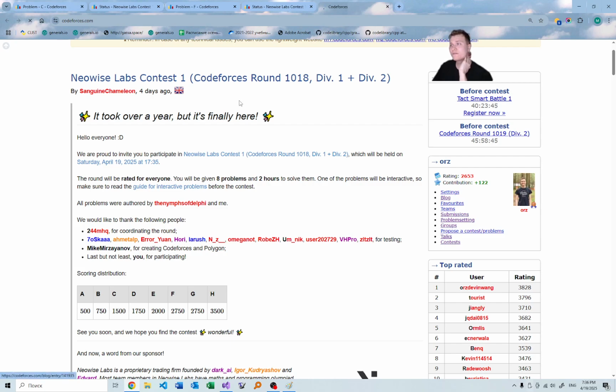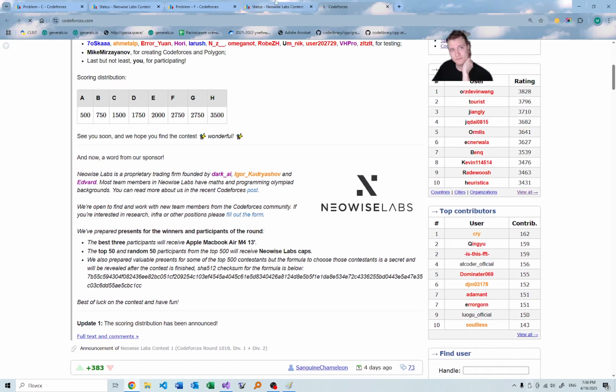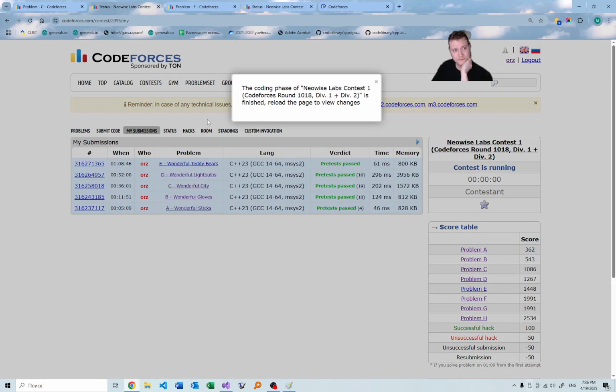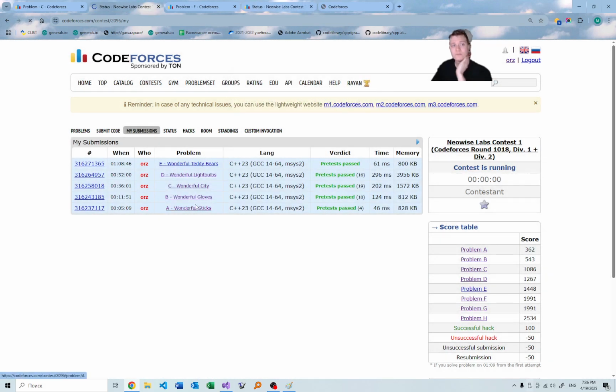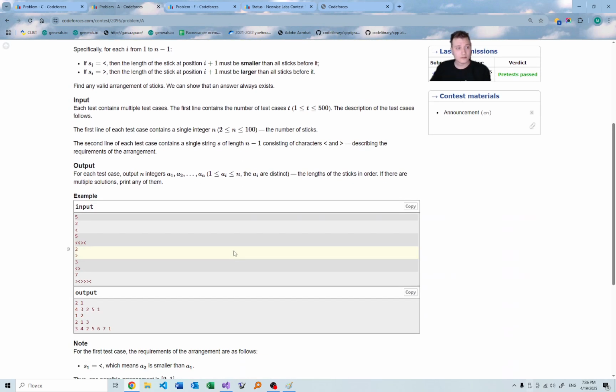Okay, let's go really fast along all the problems and I will briefly explain them. Problem A. So we have a string of such letters, and each letter says, for example, this letter says that this element